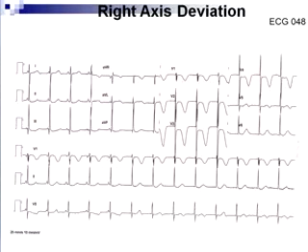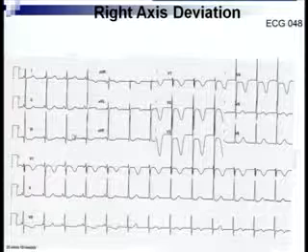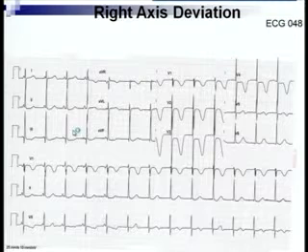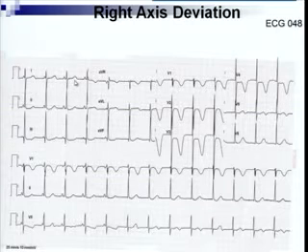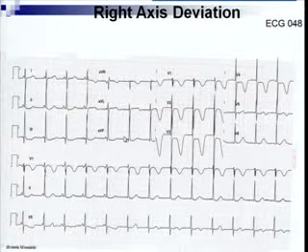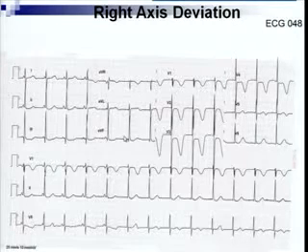So let us see how it works out for the right axis deviation. In this particular ECG, you can see the height of the QRS, that is predominantly the R wave, is the maximum in lead 3, and it is more than the next neighboring lead, that is AVF. So the height of the R wave in lead 3 is more than even the other leads. So naturally, by using a single lead, you can estimate that it belongs to the left lower quadrant, that is right axis deviation. If you take the lead 1 and AVF method, in that also you can see that lead 1 is predominantly negative and AVF is predominantly positive. So in such a case, as we have discussed, it belongs to right axis deviation.